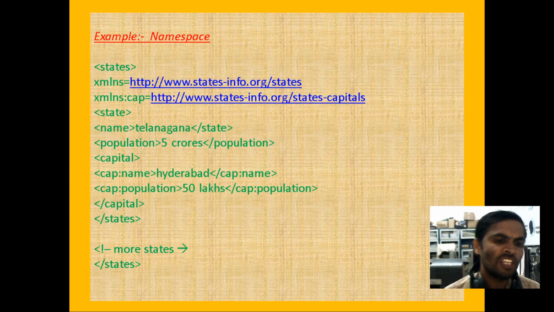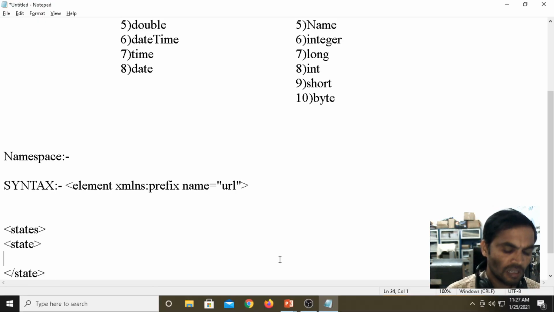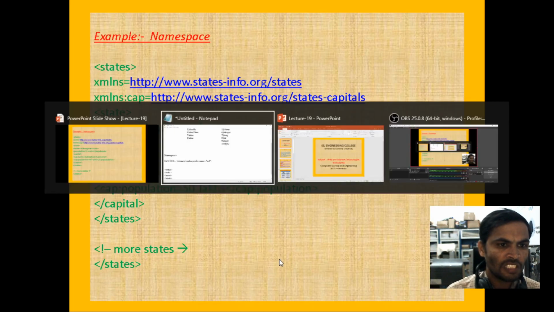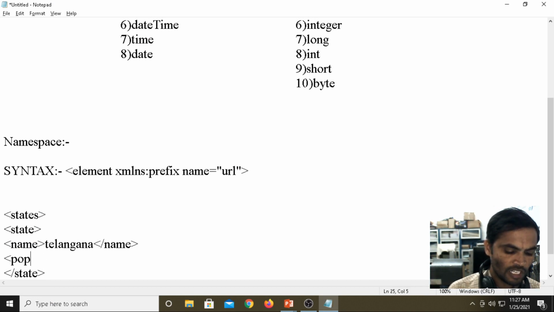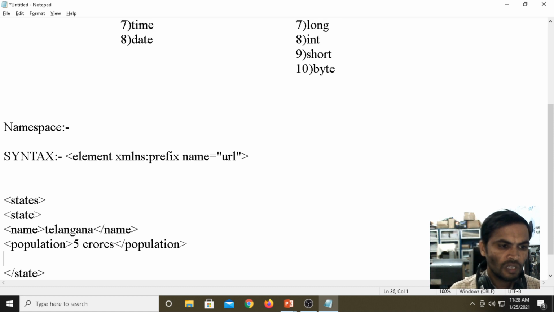I am taking the state name Telangana, closing name. Then the population: maybe 4 crores population will be there. Closing the population element. Next we have the capital.